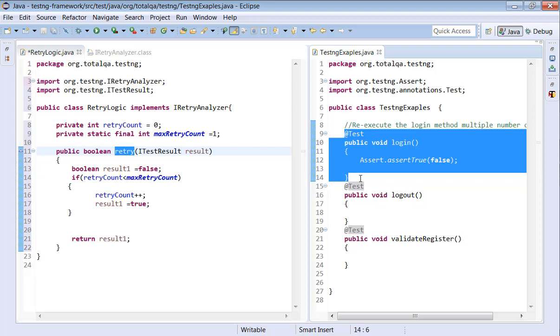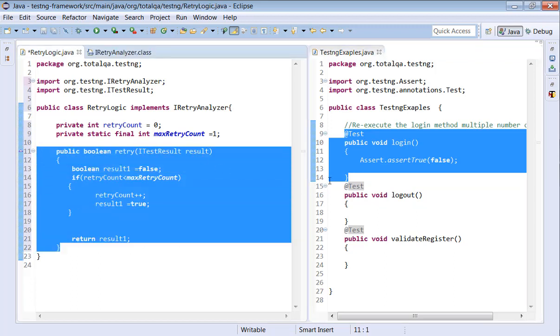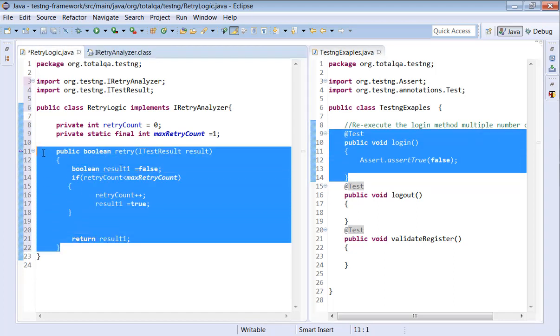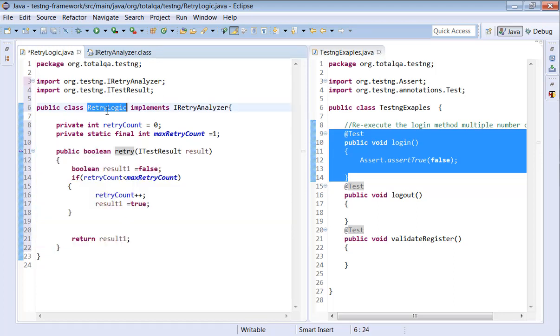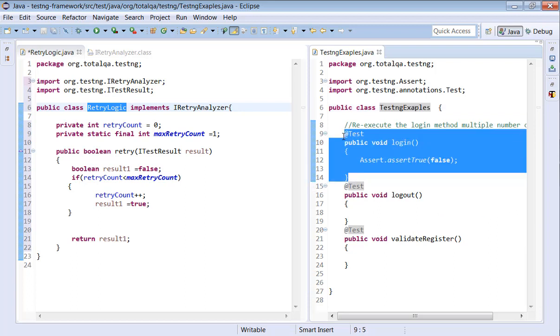If you want to associate a relationship between this method and that method, so that whenever this method fails, this other method is executed, there should be some relationship, right? Because both are independently written. This is a separate class, this is a separate class. How are we going to create a connection between those two classes? And how do we mark this method to be executed multiple times? That is what we are going to see.